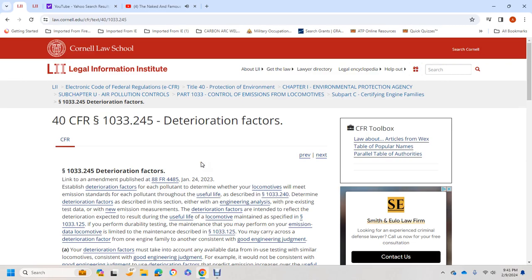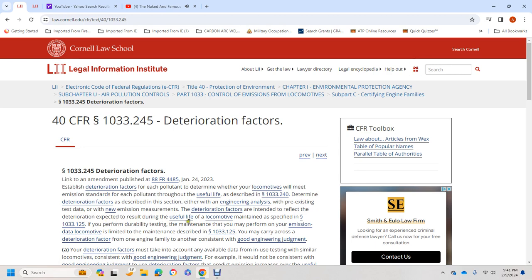Alright, Title 40, 1033.245, Deterioration Factors. Establish a deterioration factor for each pollutant to determine whether the locomotive will meet the emission standard for each pollutant throughout the useful life described in 1033.240. Determine the deterioration factor described in this section using either engineering analysis, pre-existing test data, or new emission measurements, and reflect the deterioration expected